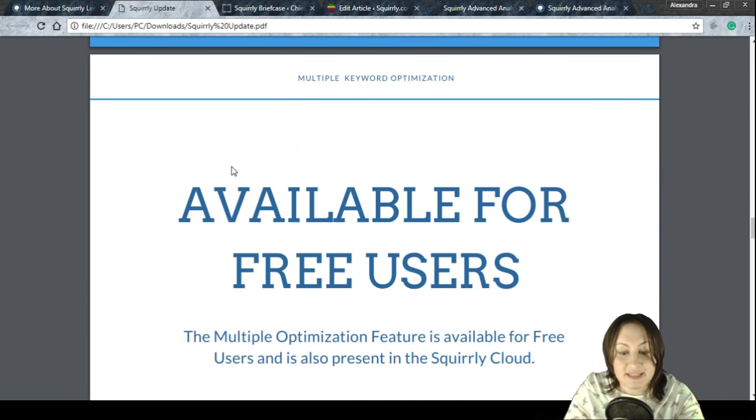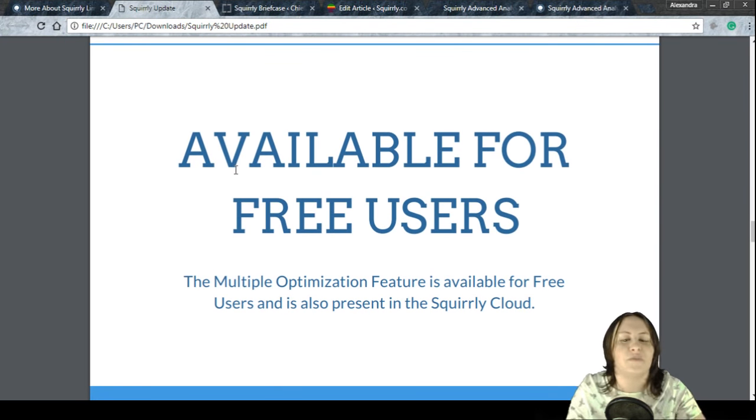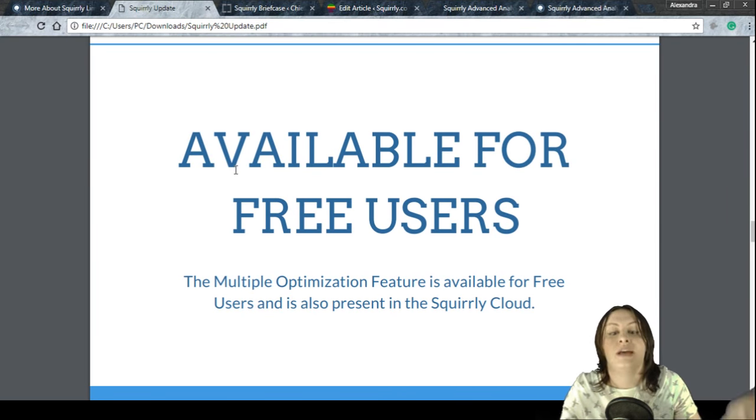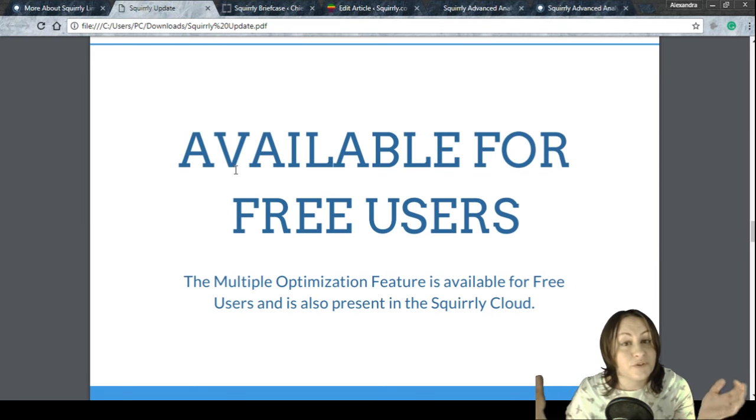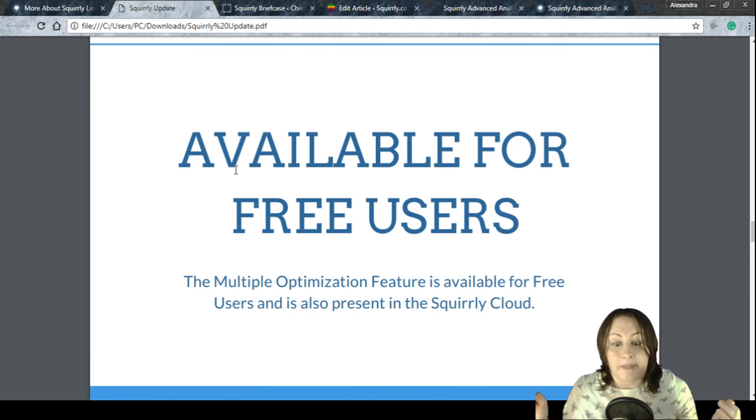Okay, the second thing that's really important to know is that this feature is available to all free users of Squirrly. So if you're a free user of Squirrly, you can use this right away. If you're not a free user of Squirrly, you can use the plugin now, and also this feature is available in the Squirrly Cloud. What that means is that you can basically take content and optimize it for multiple keywords, even if you're not using the WordPress